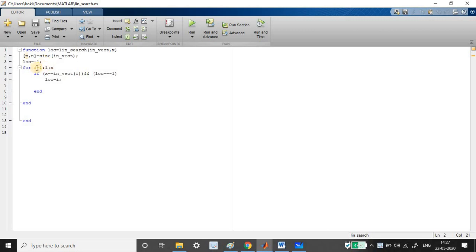Now I'm starting the loop, I is equal to 1 to n. Here most probably I'll take a row vector, so I have given i is equal to 1 to n. Now, if x is equal to the vector of i, what is the number here?